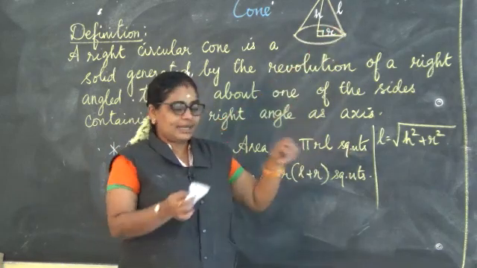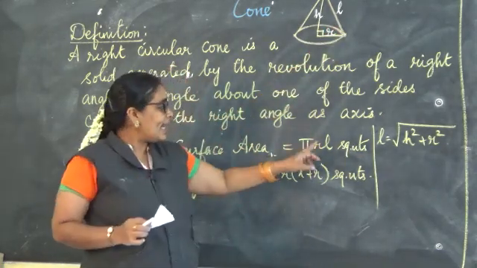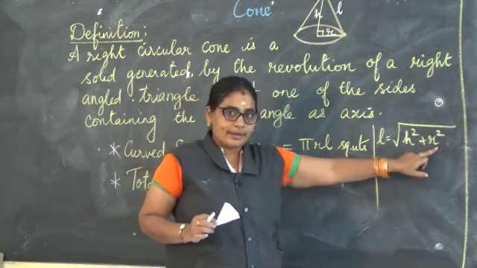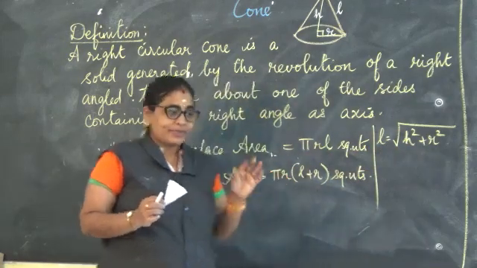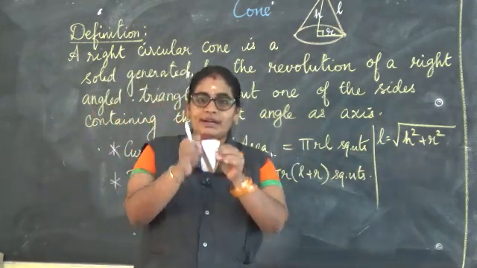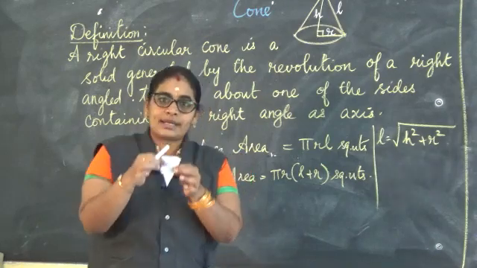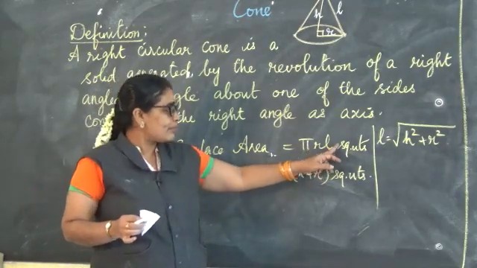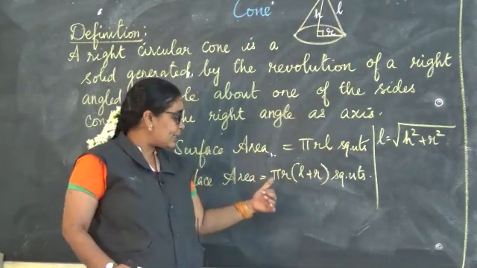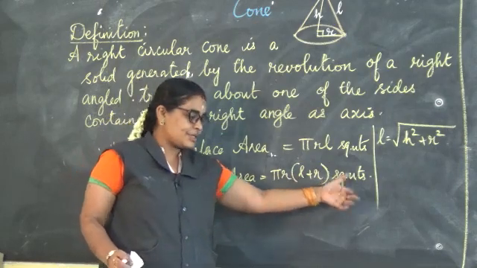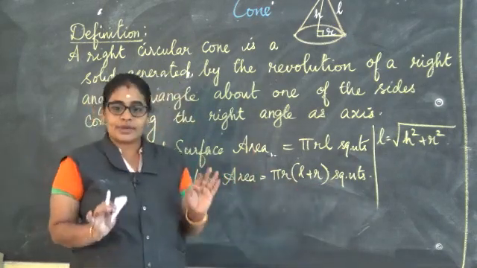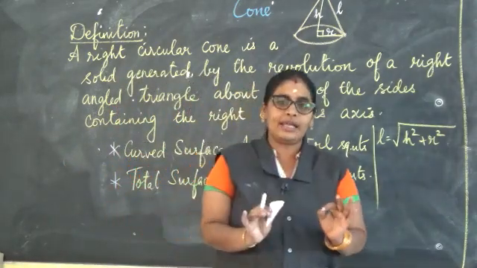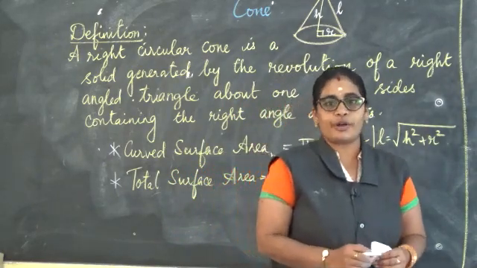This slant height we need because this is the part we are going to cover. The slant height can be taken as square root of H square plus R square, where we know the height and the radius. And total surface area is nothing but we cover the cone with one circle. This circle is also added. The circle is again pi r square. So, we are adding pi r L plus pi r square. Totally we write that as pi r into L plus R square units. These two formulas only we are going to learn in this exercise, and I am going to teach only cone now. So, directly we can go to the example.